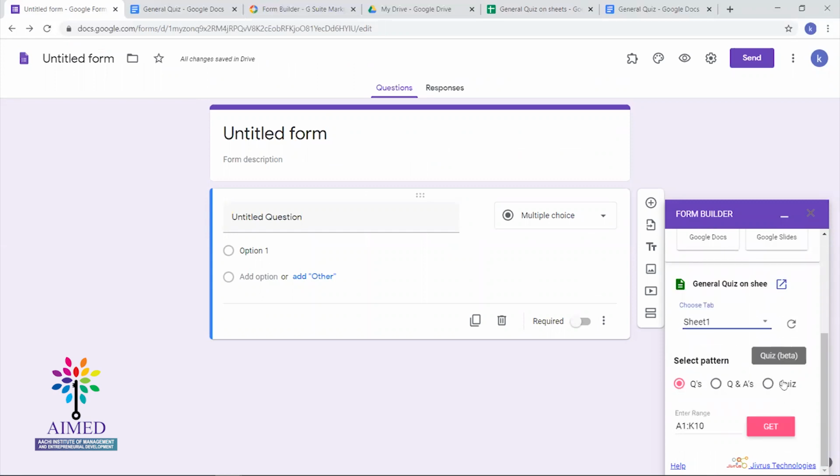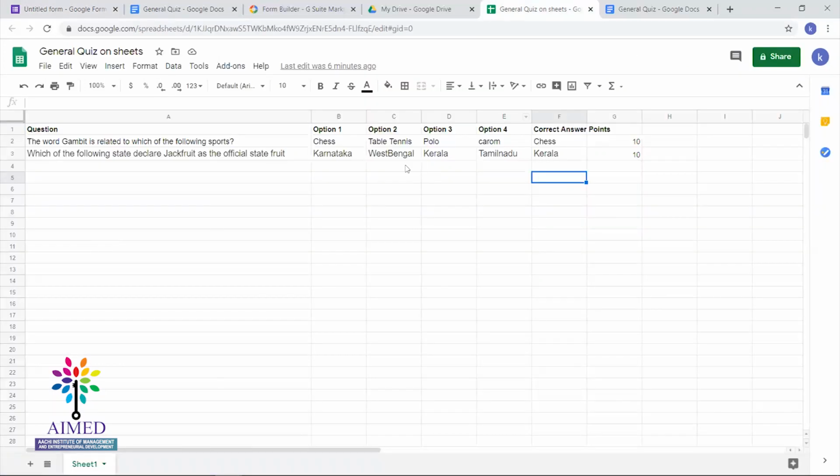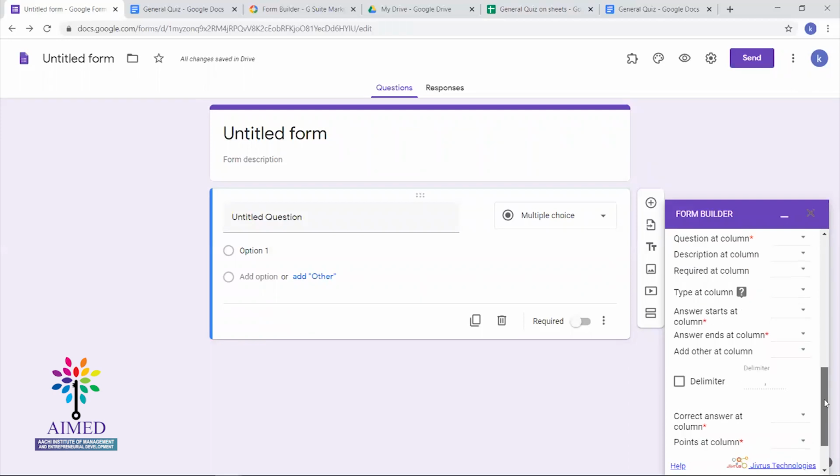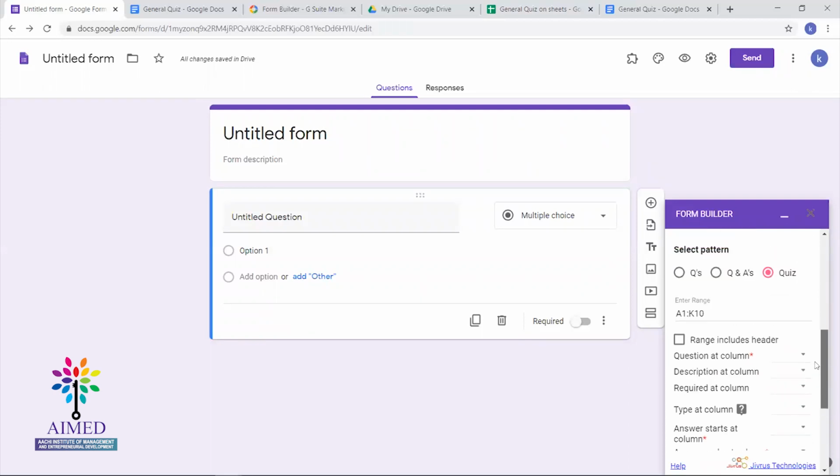We have to set the pattern. Again, in the Excel, I have a quiz format. So in these 3 options, I'm selecting quiz. If I'm selecting quiz, I'll be getting options to set. Enter the range here.